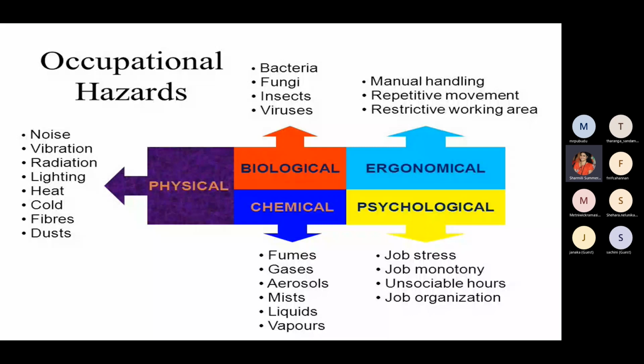All these elements can lead a person to develop issues in life at some point. If they are exposed to these hazards for a prolonged period of time, it is definitely going to harm or injure their physical, social, spiritual, and emotional health. The whole body will get affected. These are the commonest types of occupational hazards prevailing in any kind of workplace.